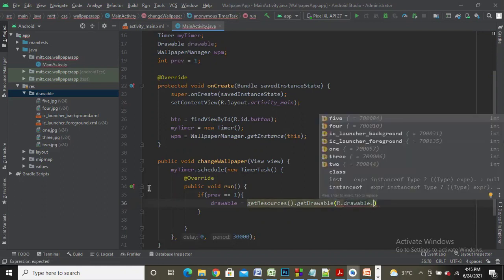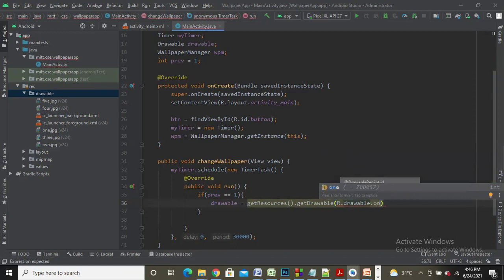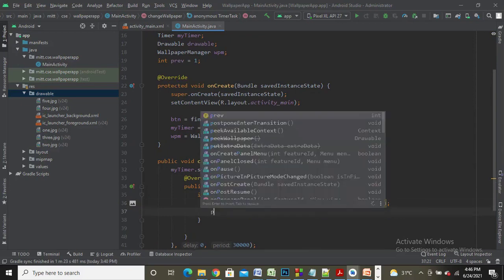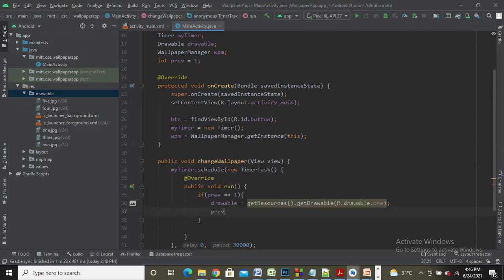Now, if my preview value is equal to 1, I'll be displaying the first wallpaper, the wallpaper with the name 1. So I'll write dot 1. Don't write the extension, just write the name of the file, 1. So we have retrieved the first wallpaper and it is present in the variable drawable, if my preview value is equal to 1. Once this is done, I'll change the preview value to 2.